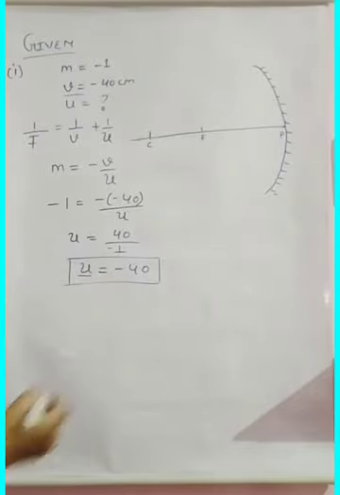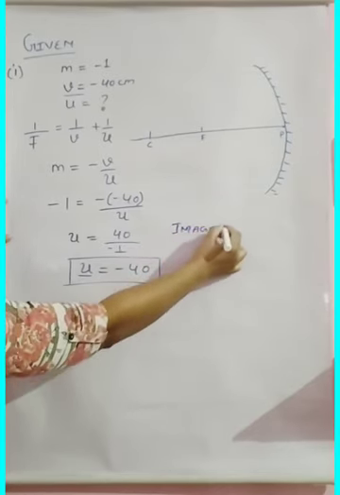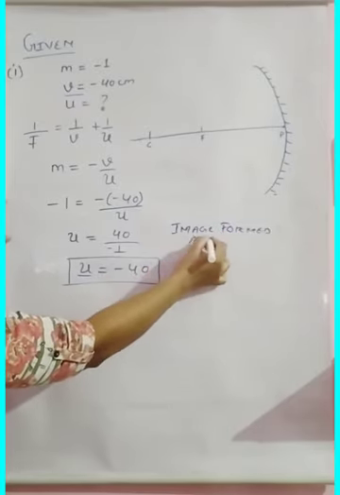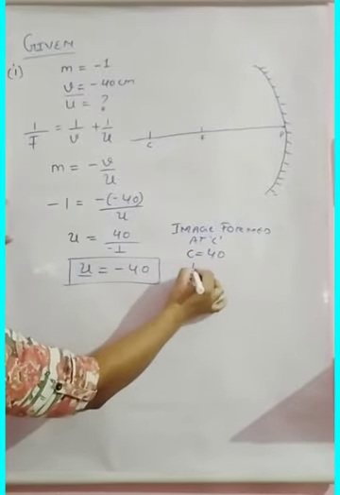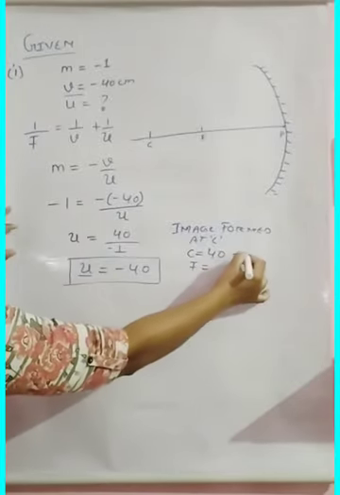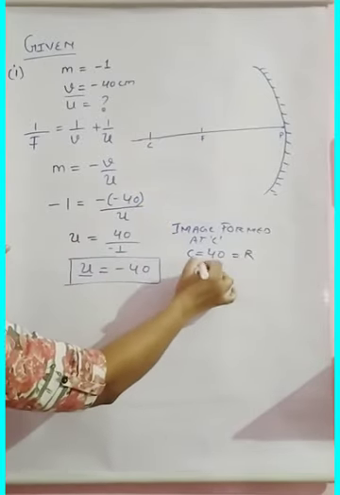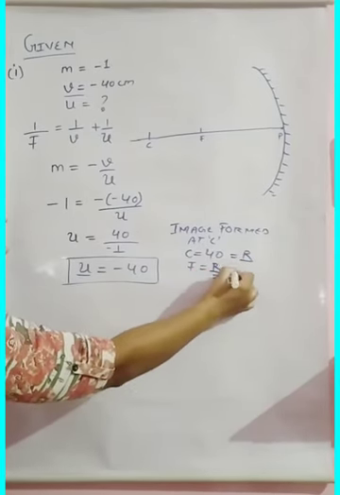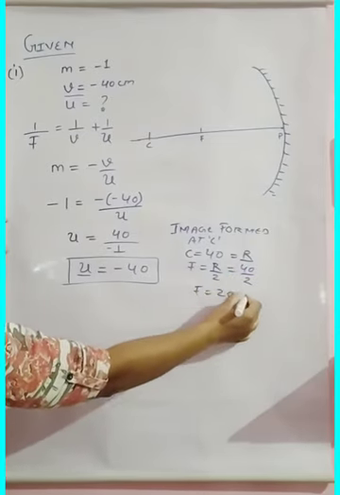That means we have also come to know that in this case the image is formed at C, because it is of the same size. So here we have C equal to 40. Now if I talk about F, if you remember the relation, what is this C? C is nothing but the R, the radius of curvature. And what is the relation between these? F is equal to R by 2. So what is my R? 40 by 2. So F I am going to get as 20 centimeter from the above.